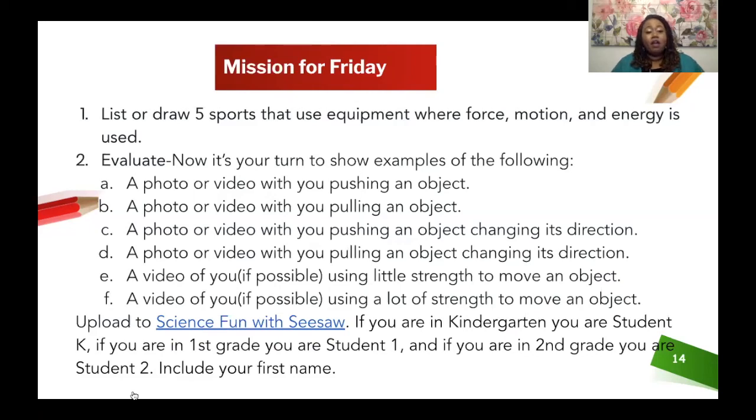And now, for the fun stuff. For your evaluation this week on force, energy, and motion, now it's your turn to show some examples of the following. Ms. King made some videos. Now I would love for you to take some photos or make a video. The first thing, A, a photo or video with you pushing an object, a photo or video with you pulling an object, a photo or video with you pushing an object, changing its direction,